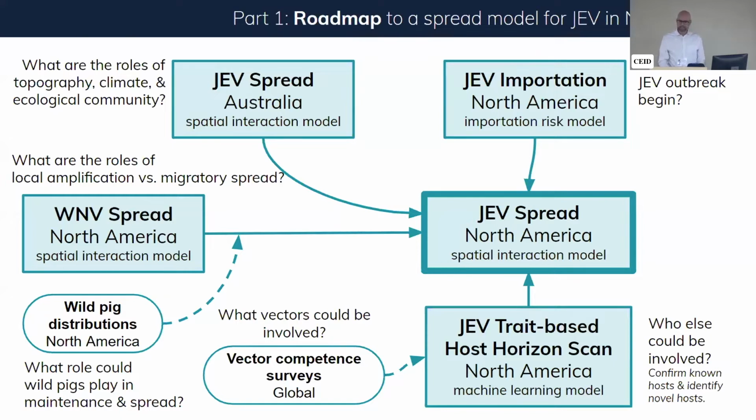I think we need a number of ingredients. One is a JEV importation model. The last speaker gave us a very detailed explanation of what that looks like and has informed us that improvements to that model are ongoing, so I'm eager to see the outcomes of that. I would like to see a quantitative analysis, spatially distributed in North America, of where we could expect those introductions to begin. I think we could learn a lot by better understanding the spread of JEV in Australia.